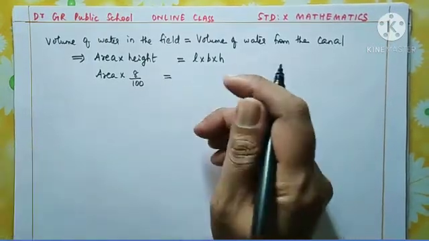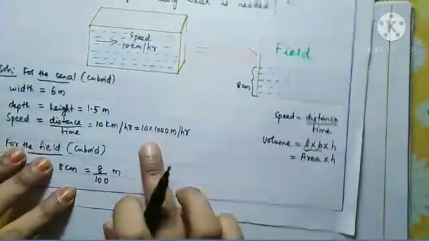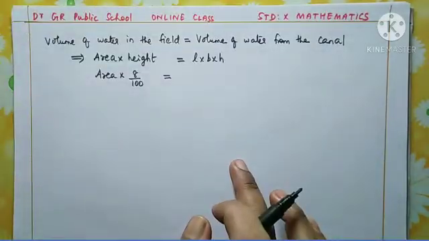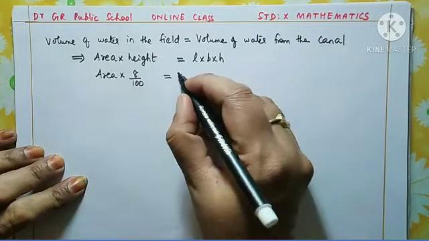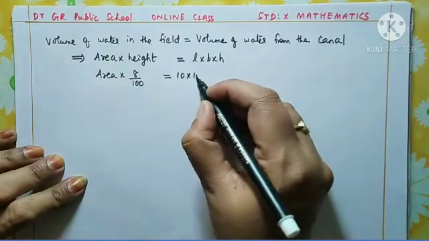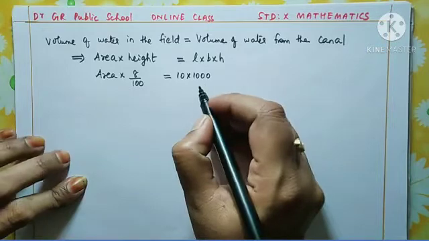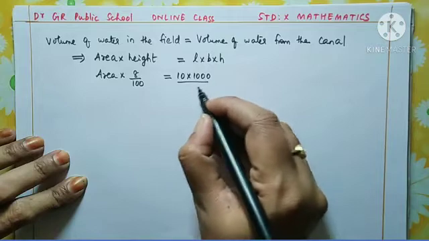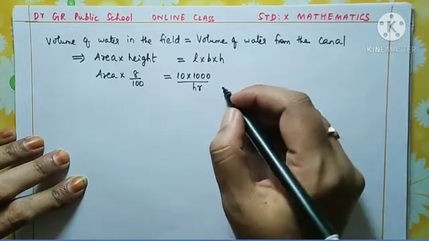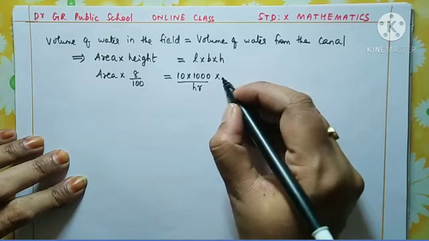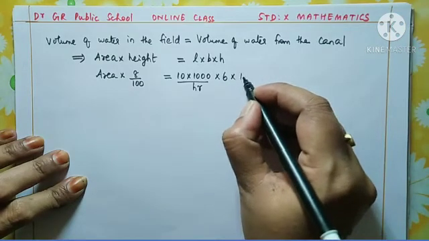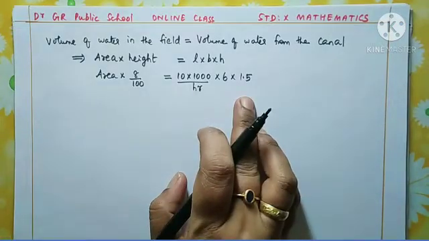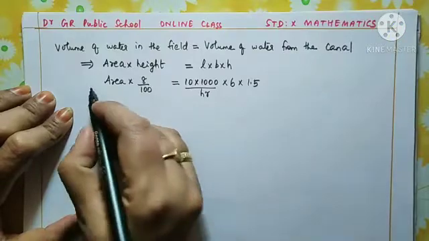So what is the length we are considering? Yes, that is here 10 into 1000 meters per hour. So we can write it like this. I am writing for your understanding. 10 into 1000 per hour into breadth is 6 into 1.5 is the height. Okay. What I am doing, children, you listen. This implies